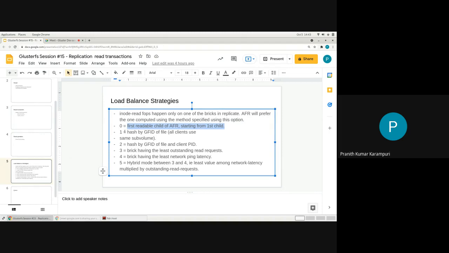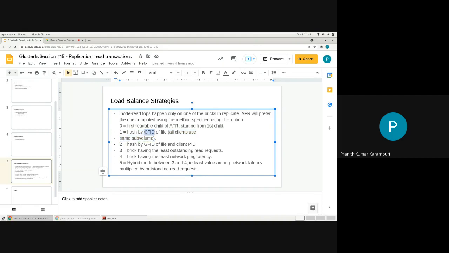Then once you have replica 2 or replica 3, you start wondering why not send the reads to multiple subvolumes. Most of the deployments had a lot of files, so we do the hash of that GFID, and based on that hash, you pick which subvolume to send the read to. This is the default actually.